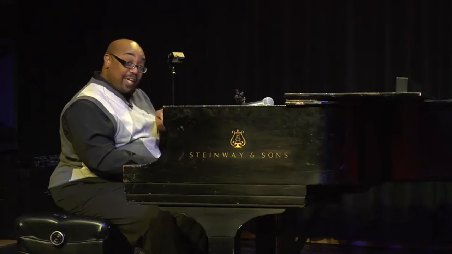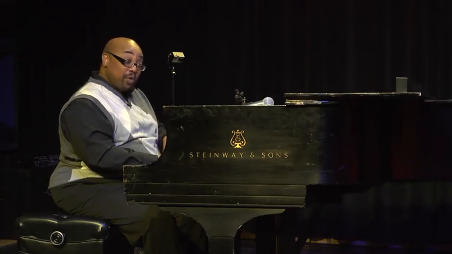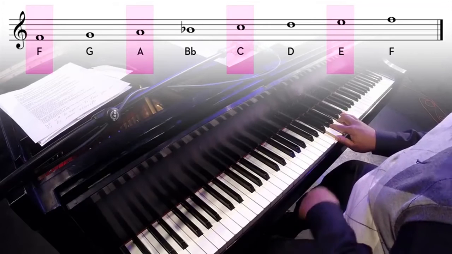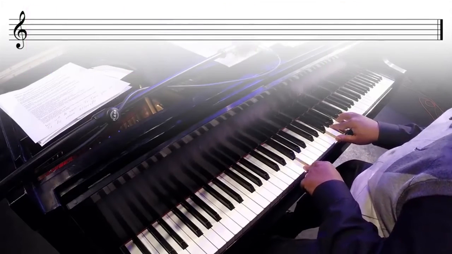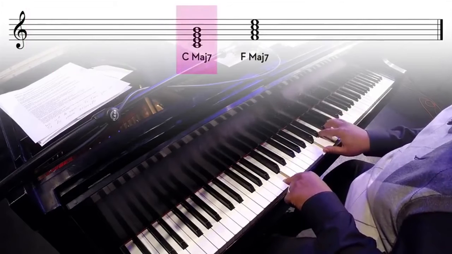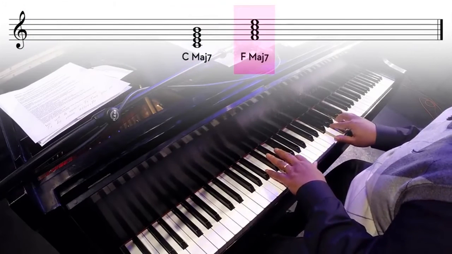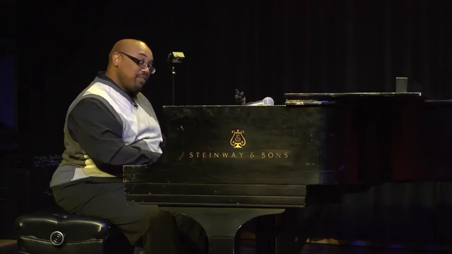Remember the little trick to finding the 7th? Really quickly, think down a half step from the root, you have an E. There it is on top. F major 7 chord. C major 7, F major 7, C major 7,